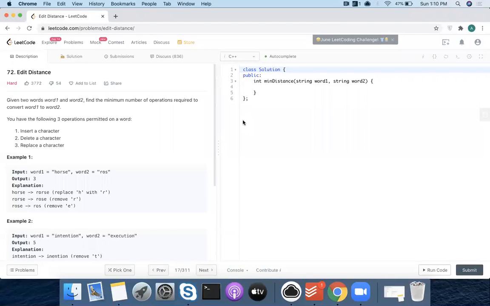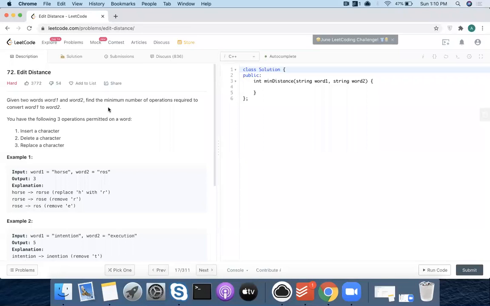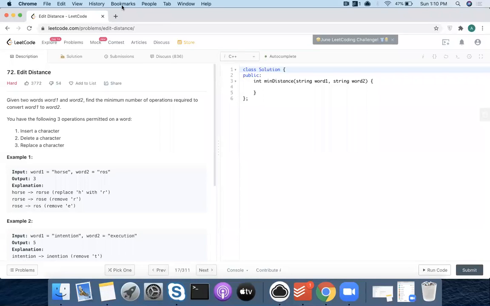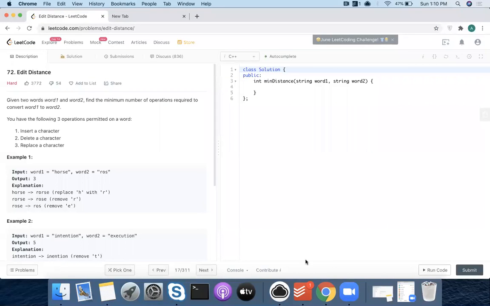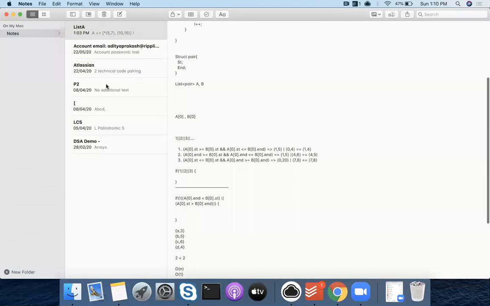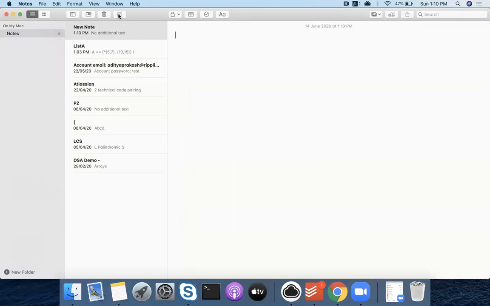Others, how many of you know about edit distance? So we'll change it a little. I don't know about it. That's okay. I was asked in an interview yesterday itself. Fine. So as it is a little easy, but it can be made complicated. Okay, so let's start with this.